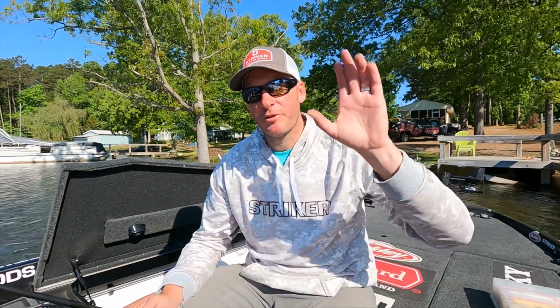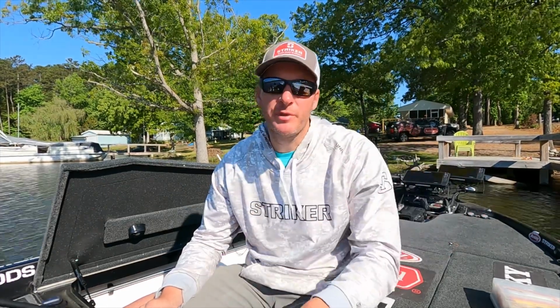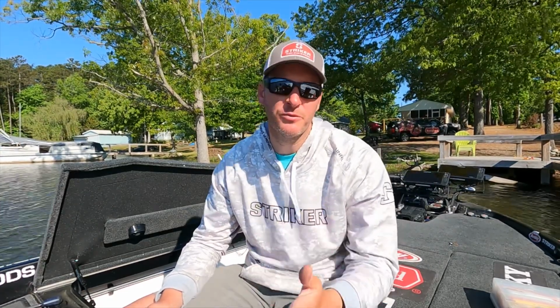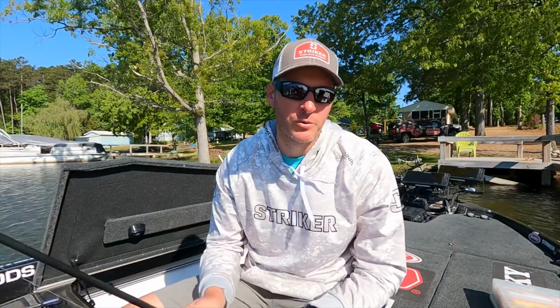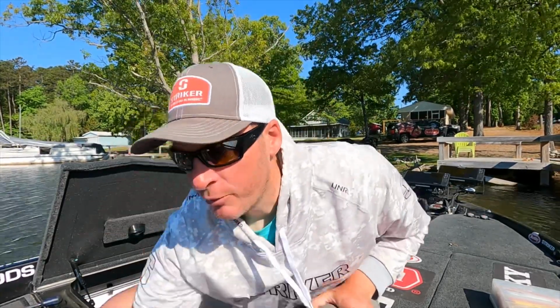Generally, those fry balls are high in the top half of the water column. You won't see them down low as much. They generally rise up to the surface where they get more sun. There's more nutrients that they can eat up there. So generally you want a bait that's a little bit higher, and that's why I recommend going with a weightless wacky rig. The other bait that I would highly